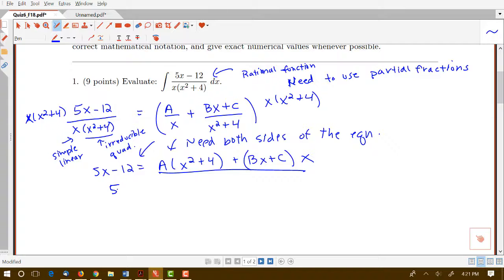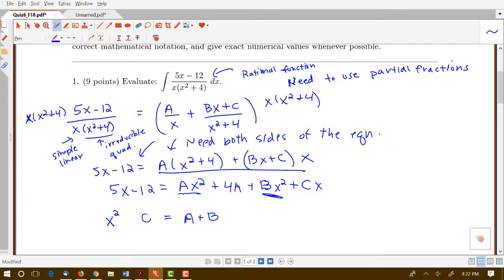So I'm going to show the method where I'm going to equate the coefficients. So I'm going to have to expand over here. This is ax squared plus 4a plus bx squared plus cx. Okay. So I notice that I have this ax squared and this bx squared. So that means I have a plus b x squared terms on the right, and I have 0 x squared